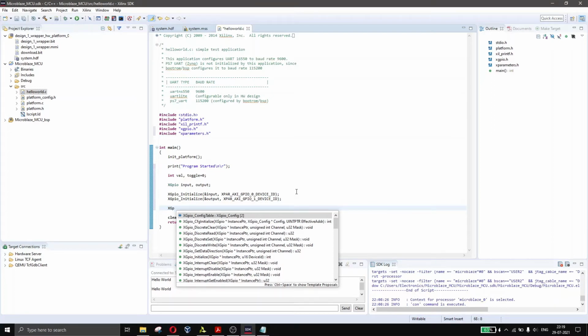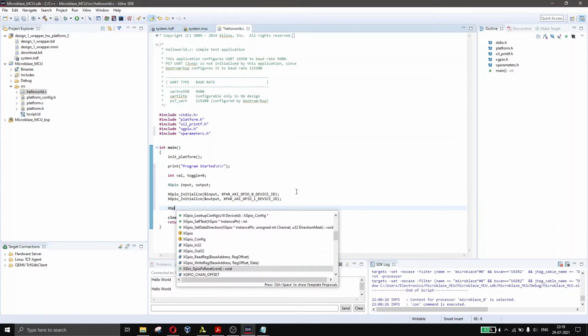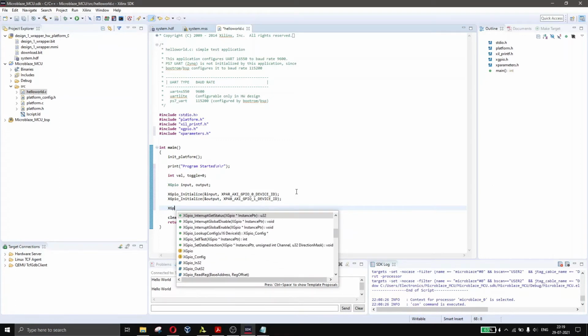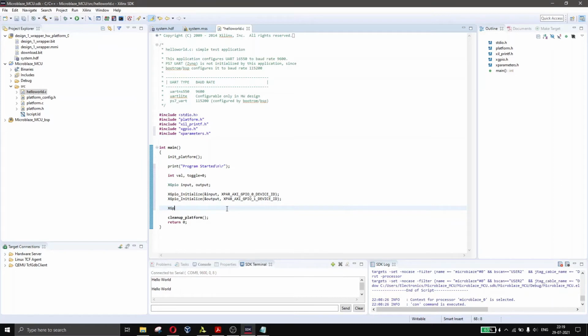For direction it will be set direction. XGpio_SetDataDirection, again the same instance pointer, and then the channel.